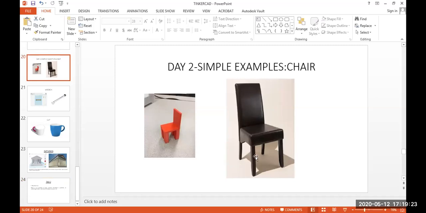First you have to create the 4 legs, then the seat, and then the back. That is the procedure for creating the chair. I will explain the chair step by step, so please watch this. Also, I will explain different options in Tinkercad. If you have a notebook, just note all these options.